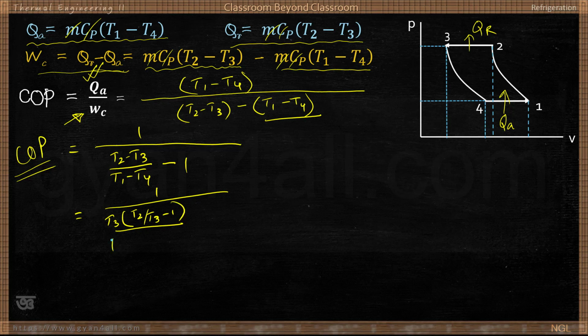And if we take common T4, it will be T1 divided by T4 minus 1, and again minus 1. Simplify this thing. Actually this is the formula for COP, but we can simplify this even more, and for that